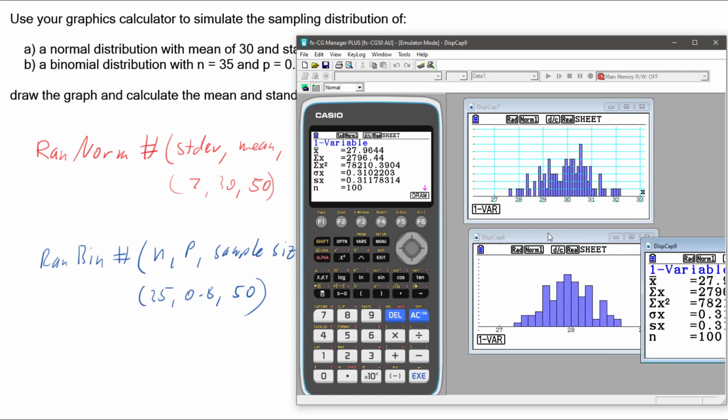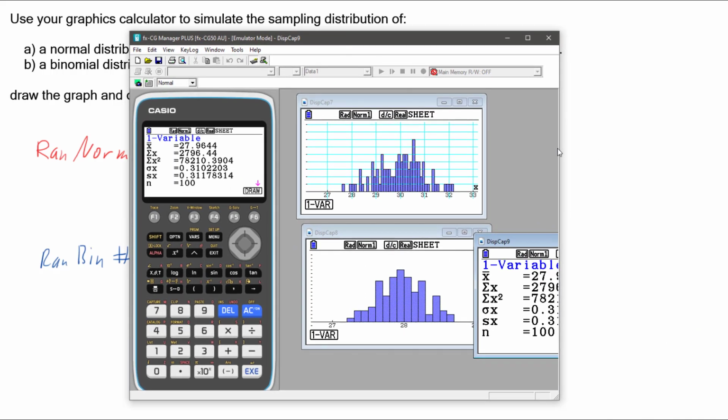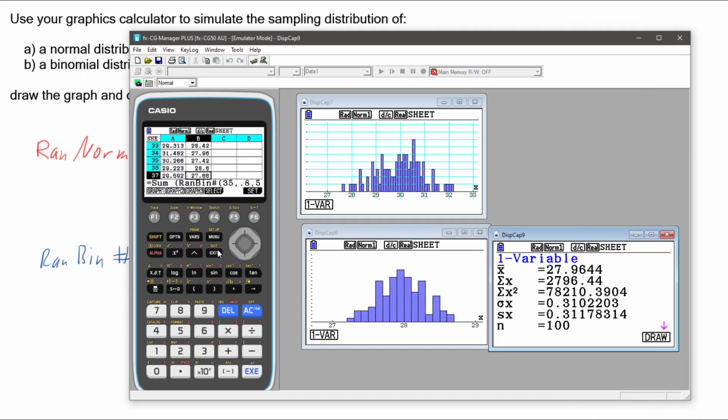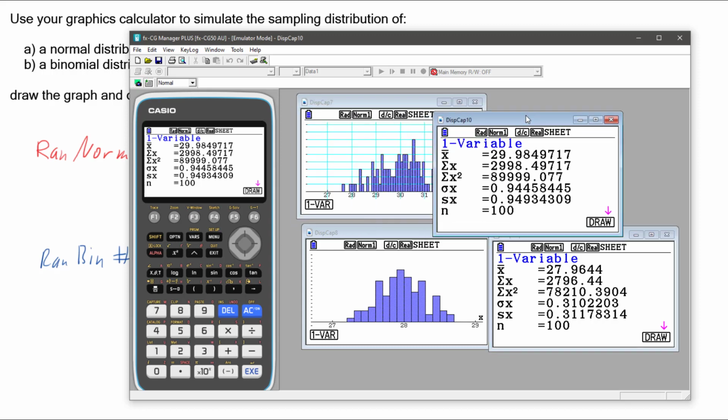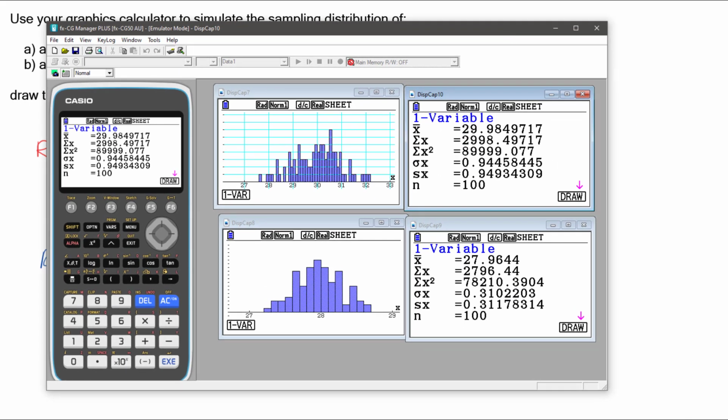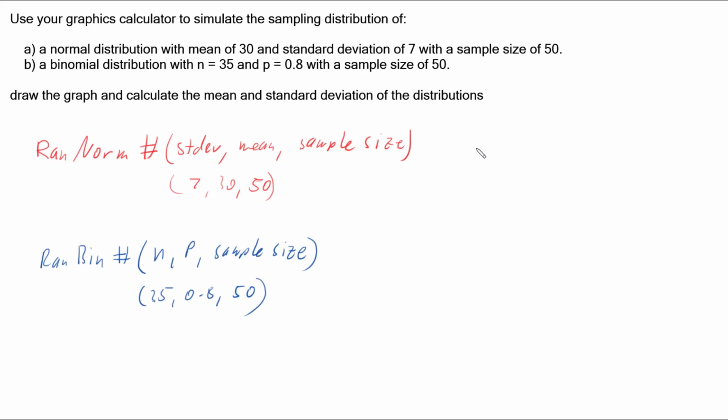So that was my binomial, because I hadn't changed that yet. We'll just make sure we can see all of this information. We'll go back to our first graph and we'll grab our statistics there as well. So now I've got our graphs and we've got some statistics. So we can see, if I want to write these down, that for our normal distribution, so for part A,